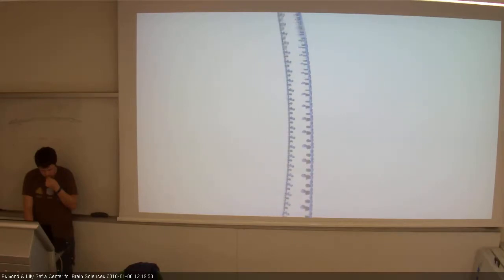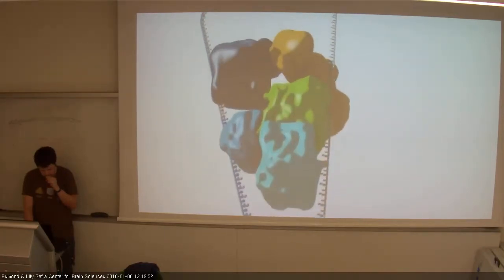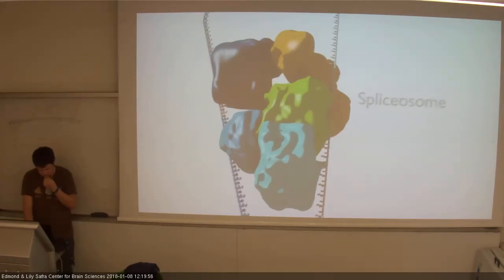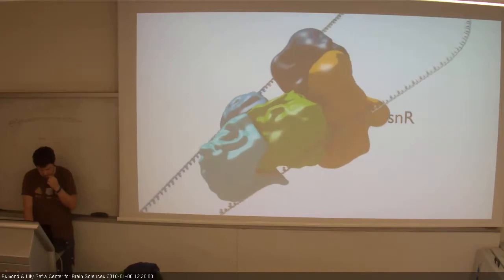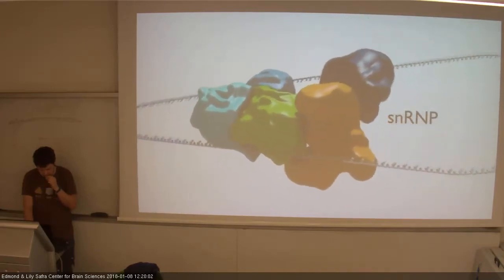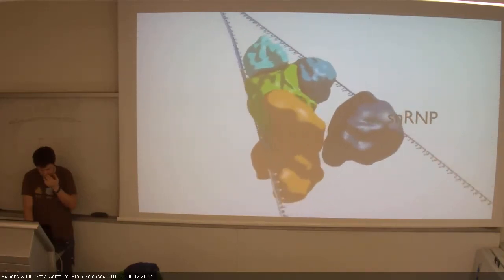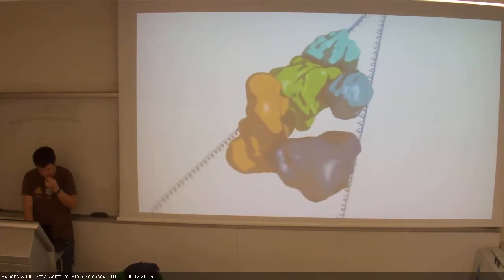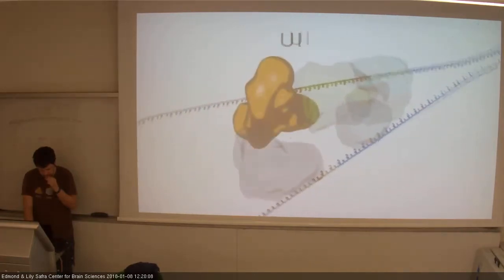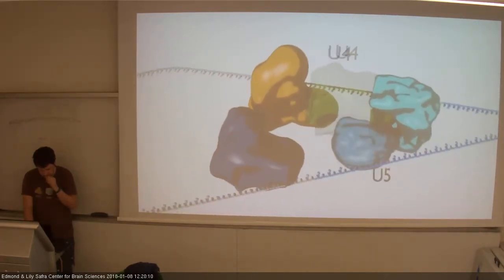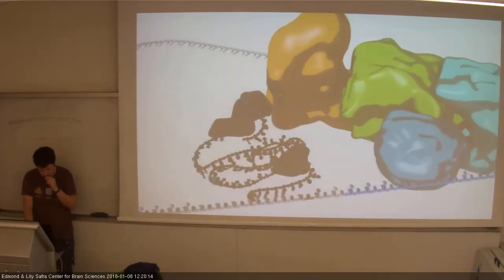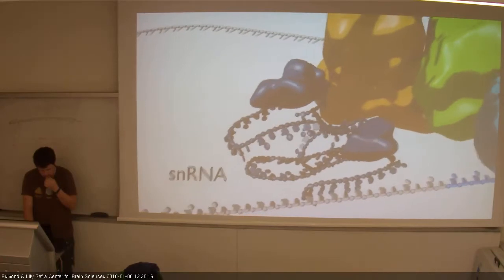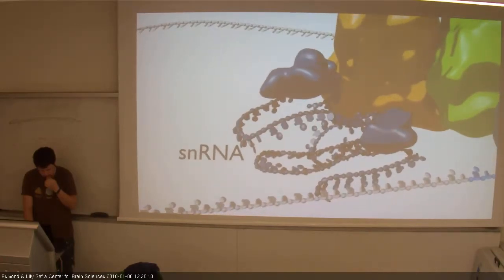Splicing of eukaryotic mRNA is catalyzed by the spliceosome, a large ribonucleoprotein machine. The spliceosome is composed of 5 individual small nuclear ribonucleoproteins, pronounced SNRPs, which comprise both RNA and protein components. These SNRPs are U1, U2, U4, U5, and U6. Each one contains an RNA molecule called an snRNA that is usually 100 to 300 nucleotides long, together with several